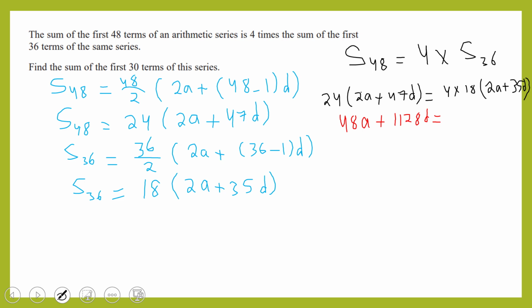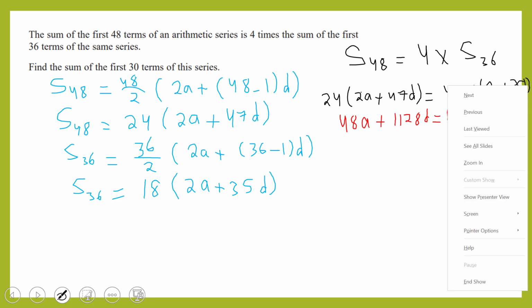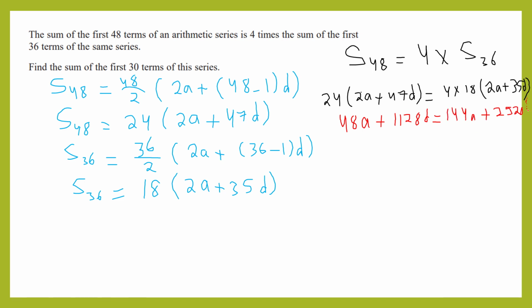equals 4 by 18. It will be 72. 4 by 18 equals 72 multiplied by 2a, so it will be 144a, plus 72 by 35. 72 by 35 will be 2520d. Put them all on one side, so here it will be